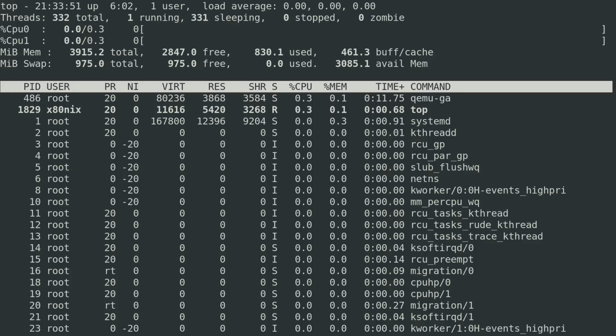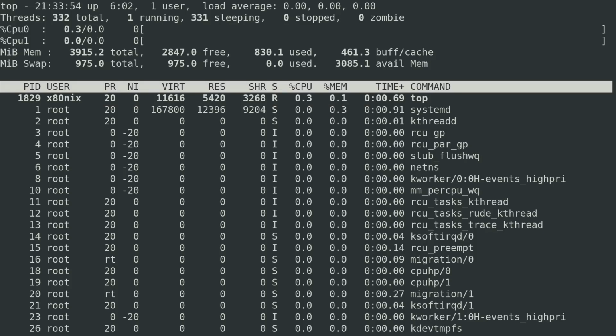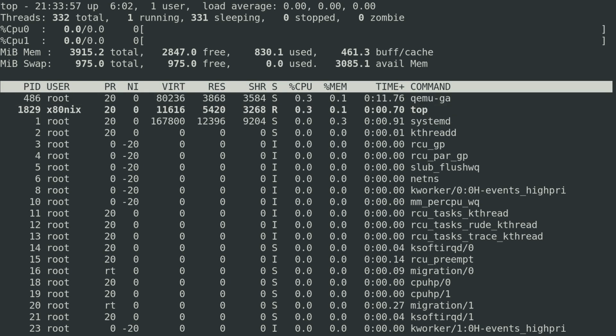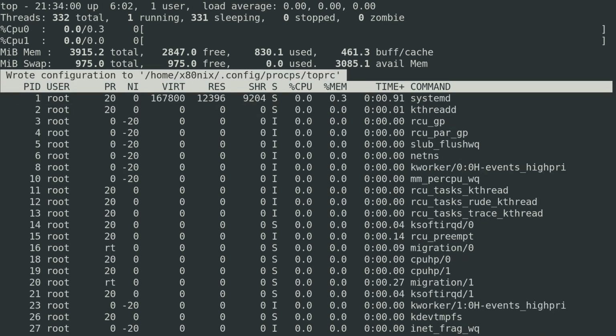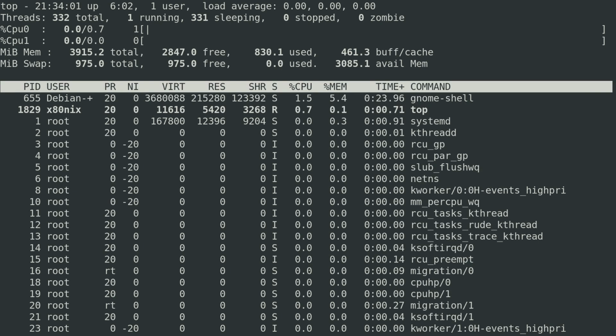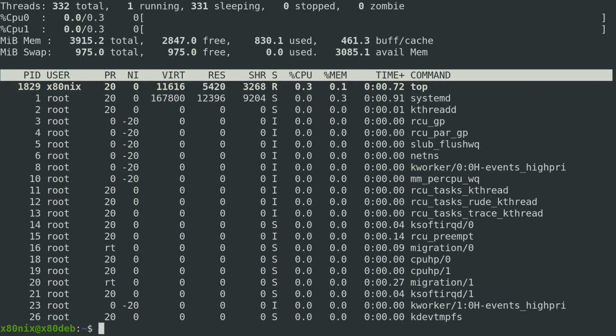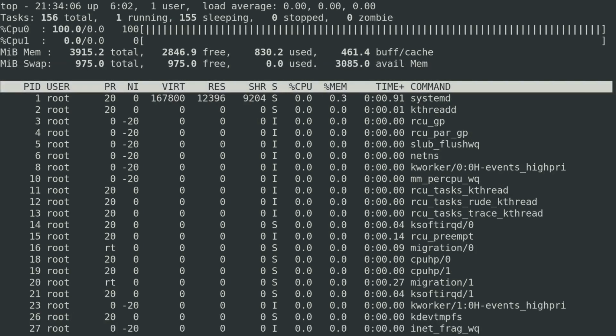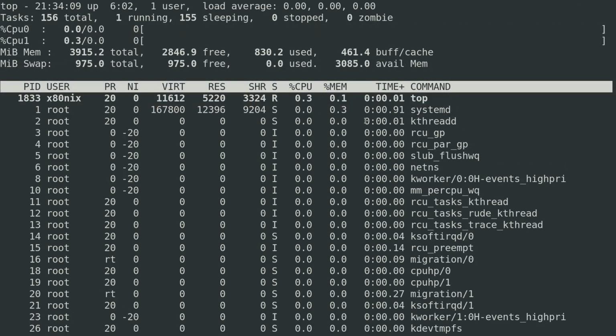It may be different on different distros. That's what I'm seeing on this version of Debian, which is Debian 12. But I'm going to go ahead and save that, and it shows us that location. And so now if I quit out of top and I run top again, I have my CPU toggle already